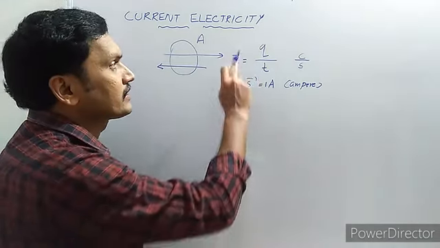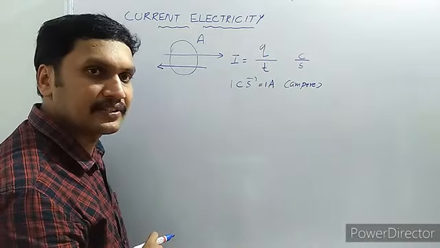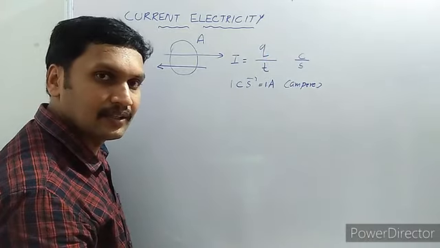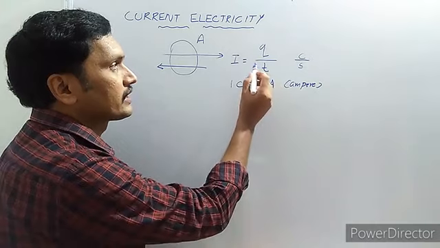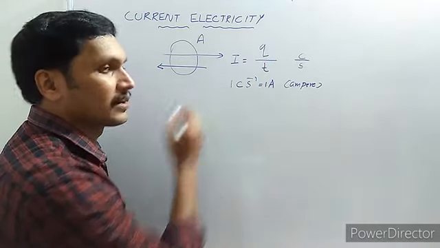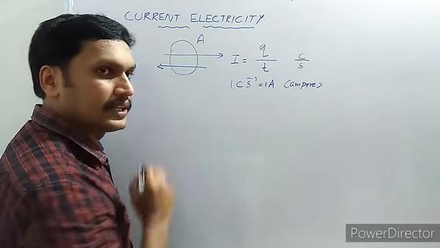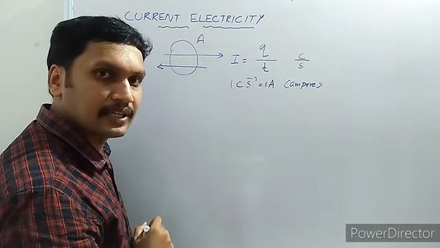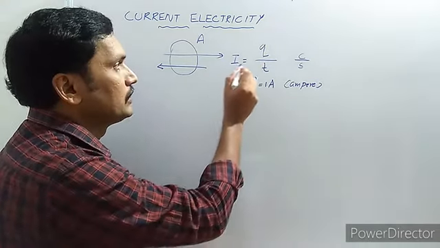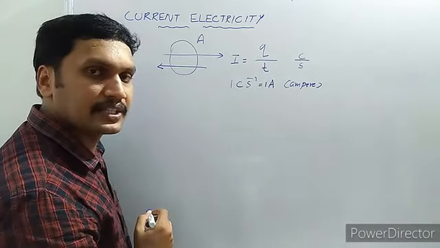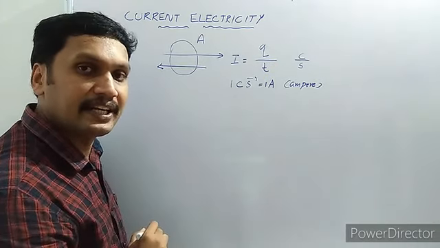So actually this is a steady flow of electric charge. This is a steady current. The reason is that this ratio Q by t is a constant. That is, with increase of time, Q also increases. They are directly proportional, so the value Q by t is always constant. Then we call it a steady current.